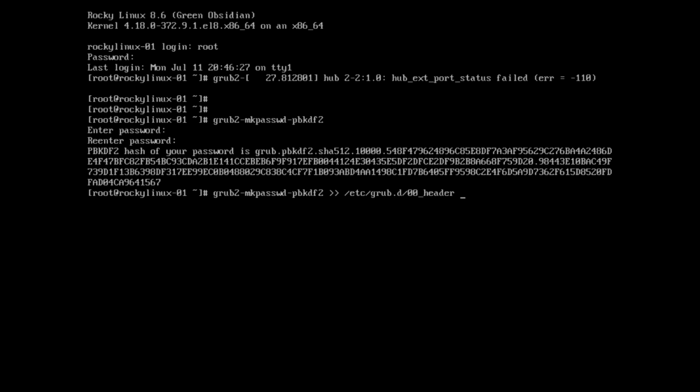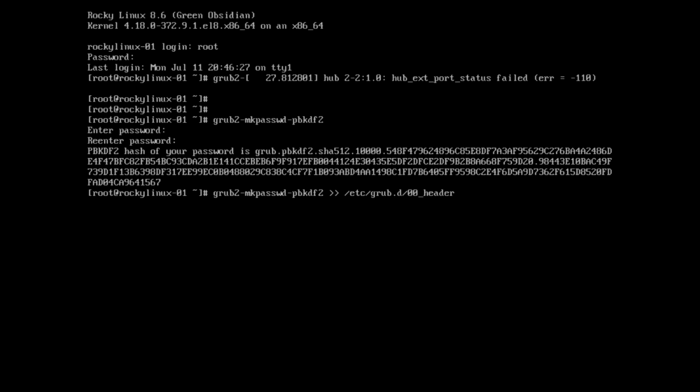Here it is. You need the hash in this file, so why don't we route the output to this file? Press enter. Now the tricky part is that it is asking for a password, but it is unable to display the enter password prompt because the output has been routed to the file.